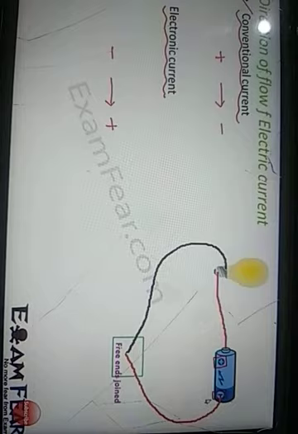Okay. So please understand that this doesn't mean that protons are flowing. Basically the current is the flow of electrons, but just to follow the convention, it is always said that the current flows from the positive terminal of the battery towards the negative terminal in a circuit. So that is the confusion in the direction of electric current, and that is why we have discussed it.